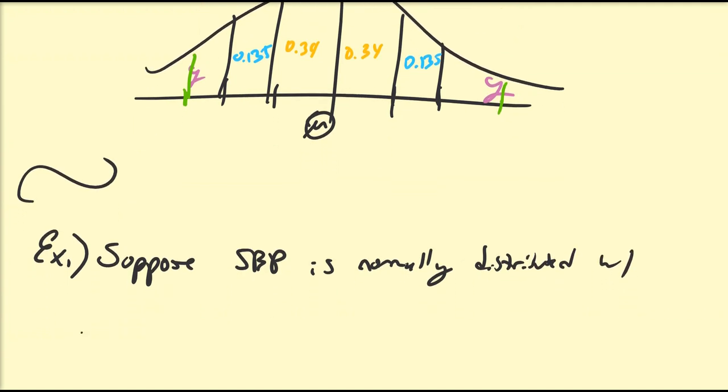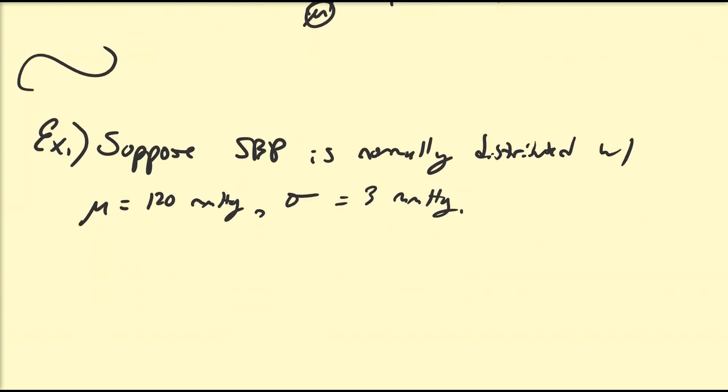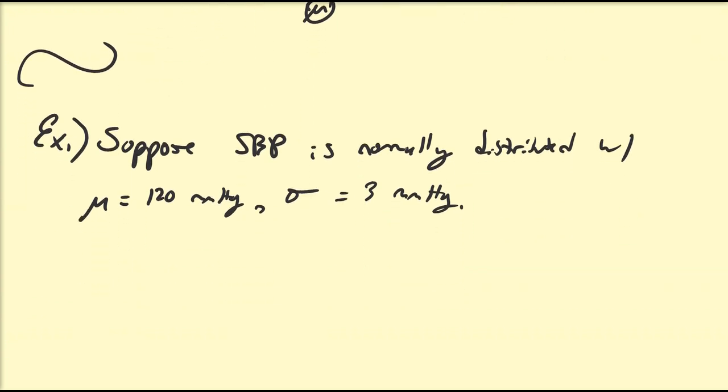Let us assume the mean is equal to 120 millimeters of mercury, and the standard deviation is equal to, let's assume, 3 millimeters of mercury. So let's find out what percentage of the population is going to be within 1, 2, and 3 standard deviations. So by the empirical rule,